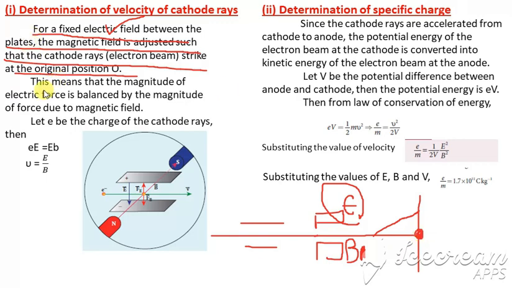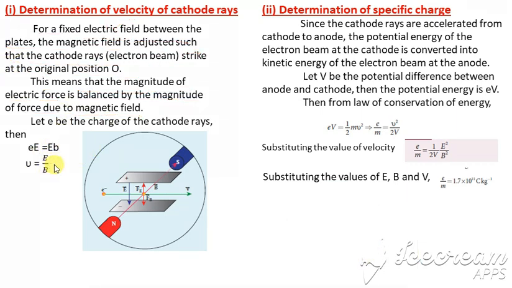Okay, so this means that the magnitude of the electric force is balanced by the force due to the magnetic field. So the electric and the magnetic forces become equal. Here we have the equation. For electric field it is E into E. For magnetic field the formula is what? It is BQV. Now instead of this small q we are writing e, and so we get the equation BEV. So we can write E into E, which is capital E, which is equal to B